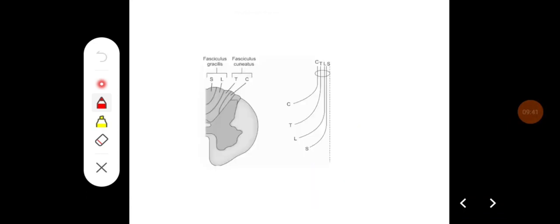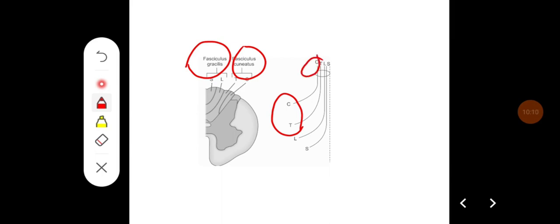If you see the organization of the fibers in the spinal cord, the fasciculus gracilis mainly has fibers from the sacral and lumbar segments, whereas the fasciculus cuneatus contains fibers from the thoracic and cervical parts. So usually the fibers carried from the cervical and thoracic segments are present in the lateral part of the spinal cord, and the fibers carried from the lumbar and sacral segments